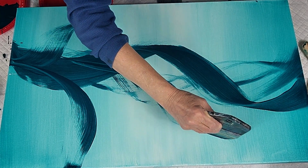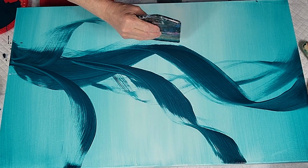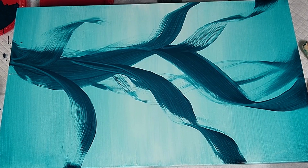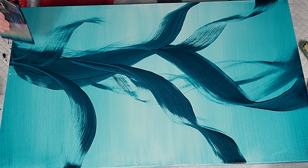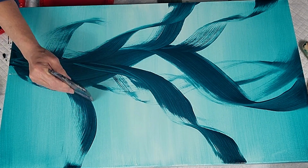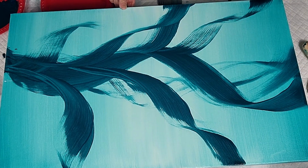So anyway, here I am with the 4-inch freestyle brush, trying to give this kelpy looking underwater plant some movement and groove, and it's okay. I'm not upset with it yet. This is the golden turquoise that I absolutely love,